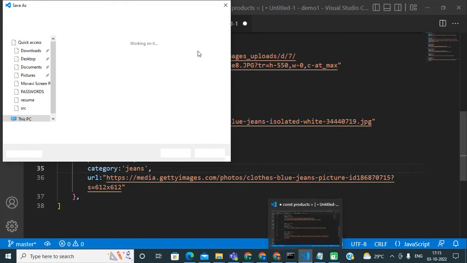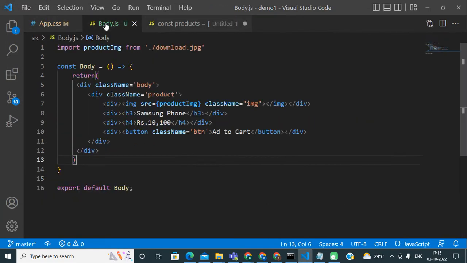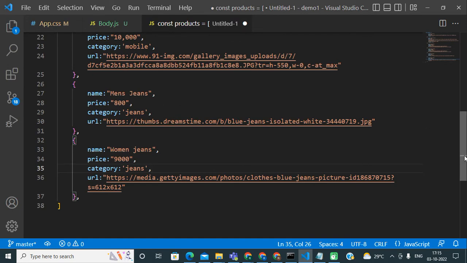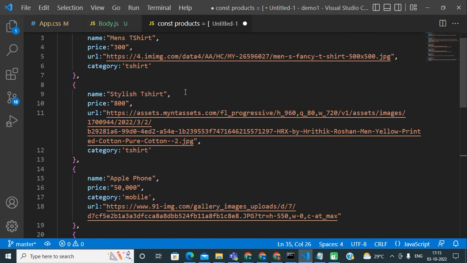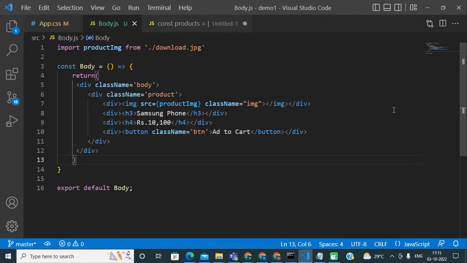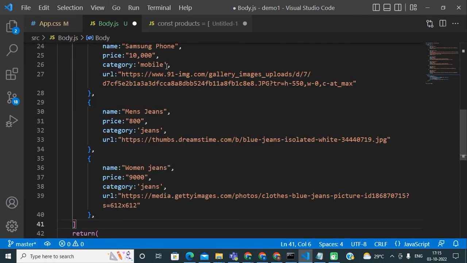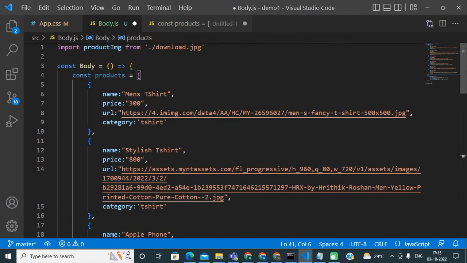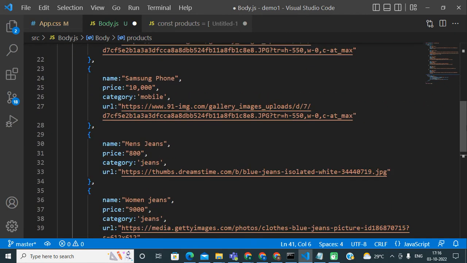So friends, you can see we have already created our design for a hard coded product. Now we are just going to make this HTML dynamic with the help of a dynamic list, and in that list we will display different products which are already available inside this array. So for doing that friends, let me copy this array from this file, and first let me declare this variable inside my component. So you can see I have added that const products variable to my body component.